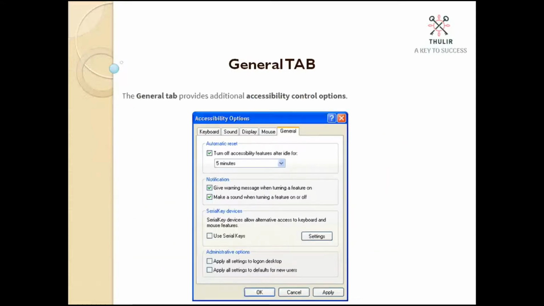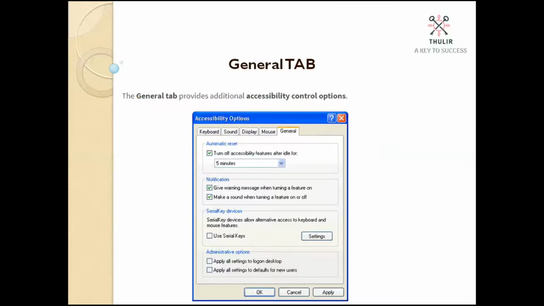And the last tab is the general tab. Under this general tab, we have a few options. The first option is automatic reset, which will automatically reset all the accessibility options which we have used. After five minutes, or whatever time you specify in this drop down, it will turn off the features. And under notifications, we have two features.